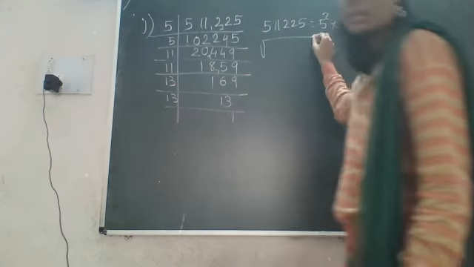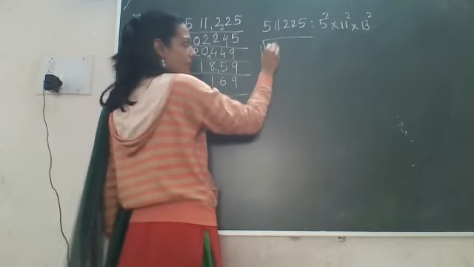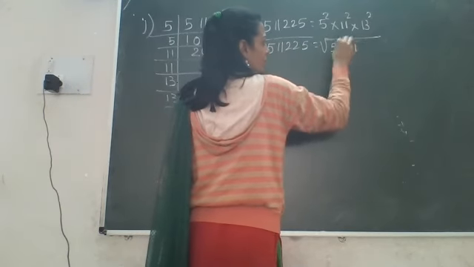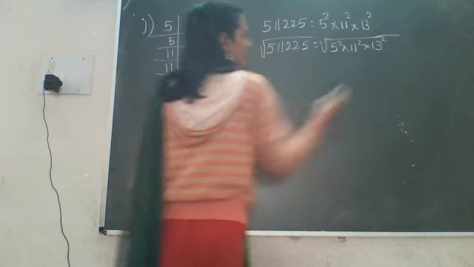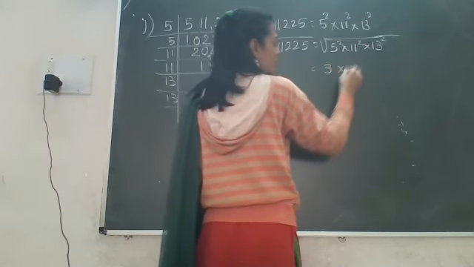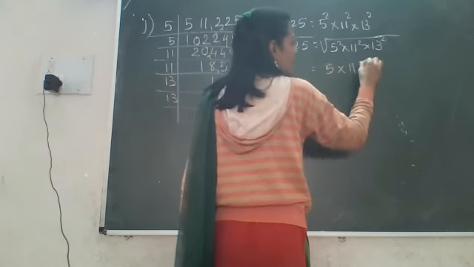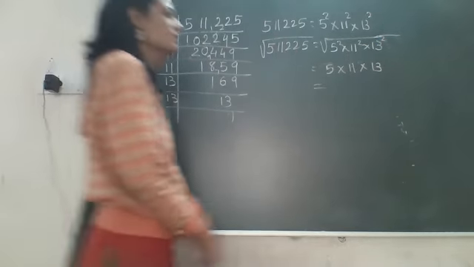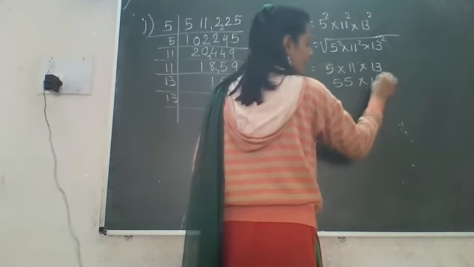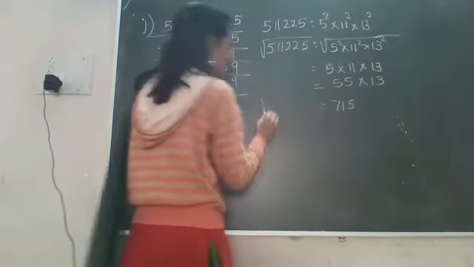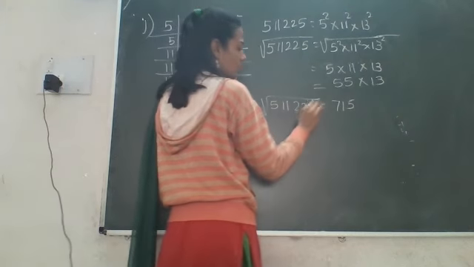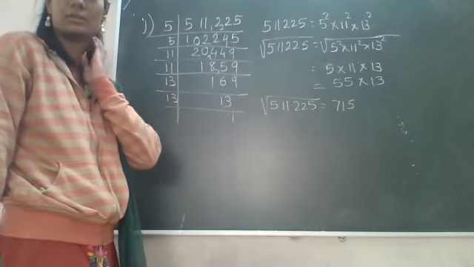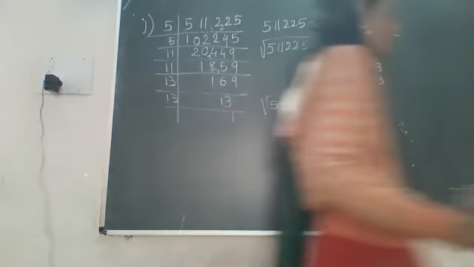So we have to find out the square root. So we can write the square root of 5,11,225 is equal to the square root of 5 square into 11 square into 13 square. Here the square and the square root will be cancelled out and we will get 5 into 11 into 13. 11 5s are 55, 55 13s are, what will we get? 715. 757, you are getting?